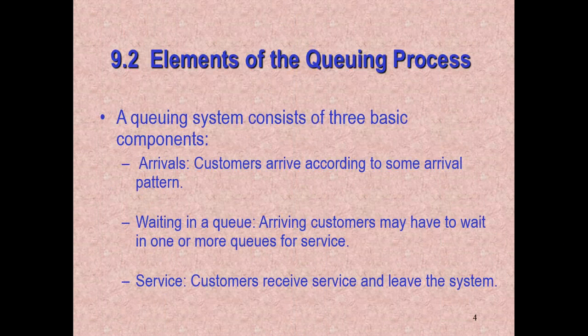So when we look at the queuing process, okay, here is how all queues function. So we're going to start by thinking about a queue. All queues function this same way. Things arrive at a queue. If we think about it, there's some arrival process. So things, people, whatever they might be, arrive in our queue some way.